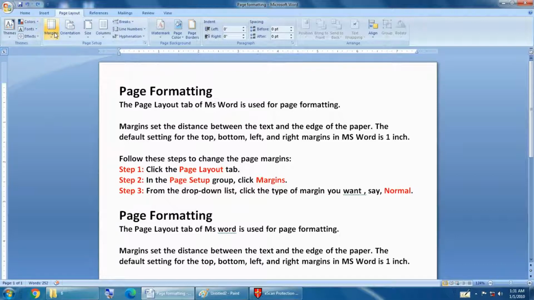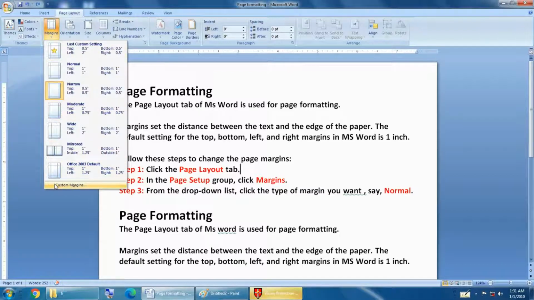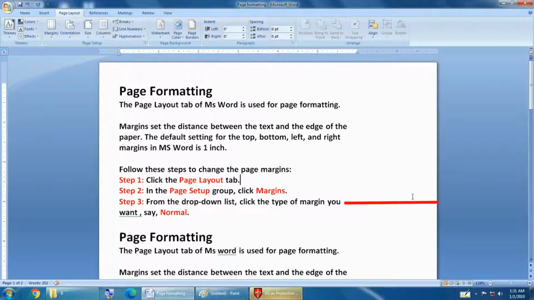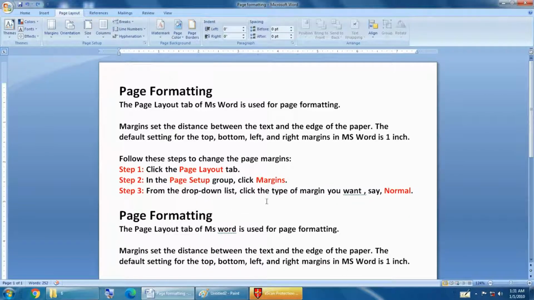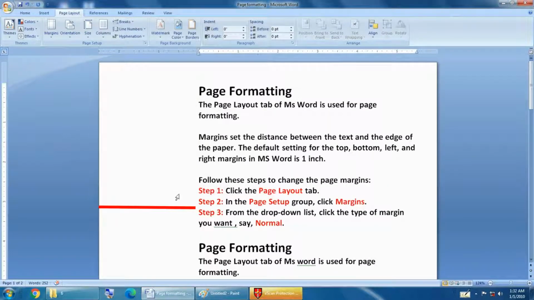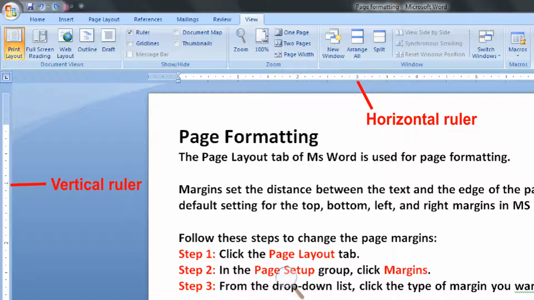Right sets the distance from the right edge of the page to the end of the text. Gutter sets an additional amount of margin space for pages that are to be bound. Then click OK.